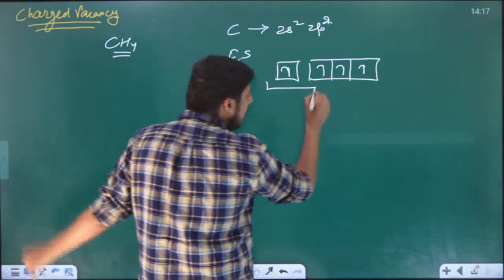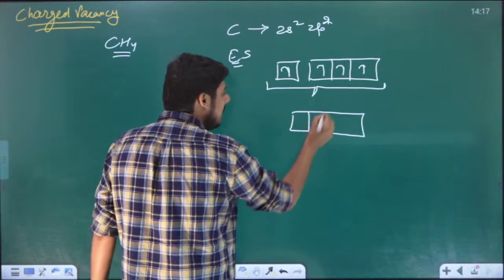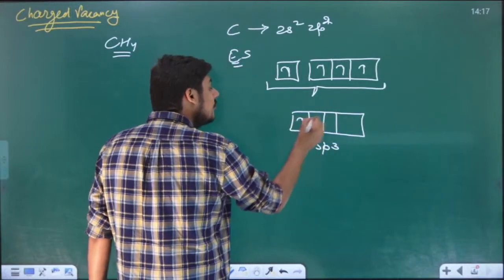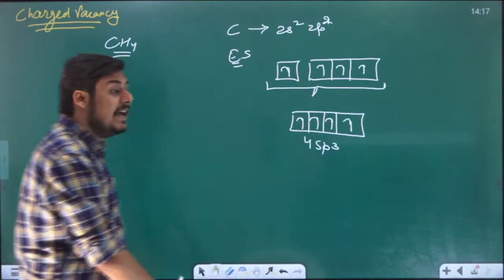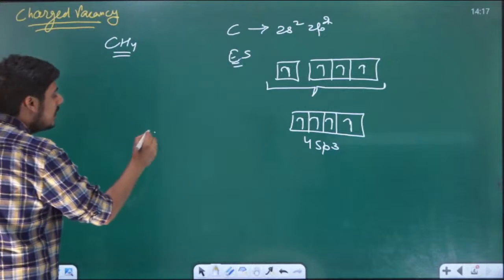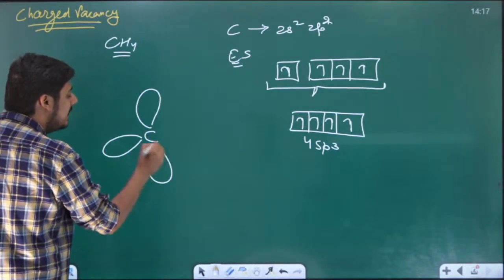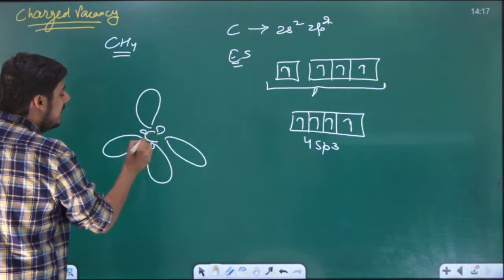Now when these orbitals undergo mixing and form a new degenerate set of orbitals, forming 4 sp3 hybrid orbitals, each of these new orbitals will be singly occupied by the prior electrons, and I can now say that around carbon there is presence of 4 hybrid orbitals,